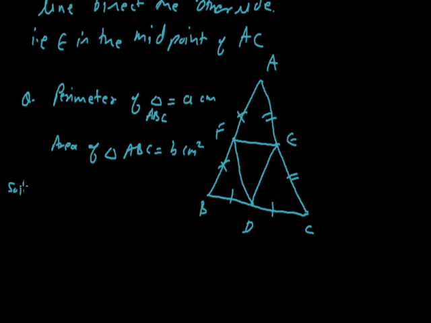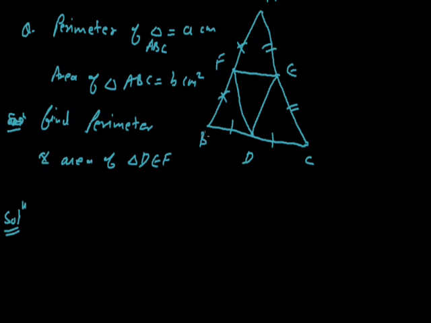Then in this question we have to find the perimeter and area of triangle DEF. As F is the midpoint of AB and E is the midpoint of AC, so by